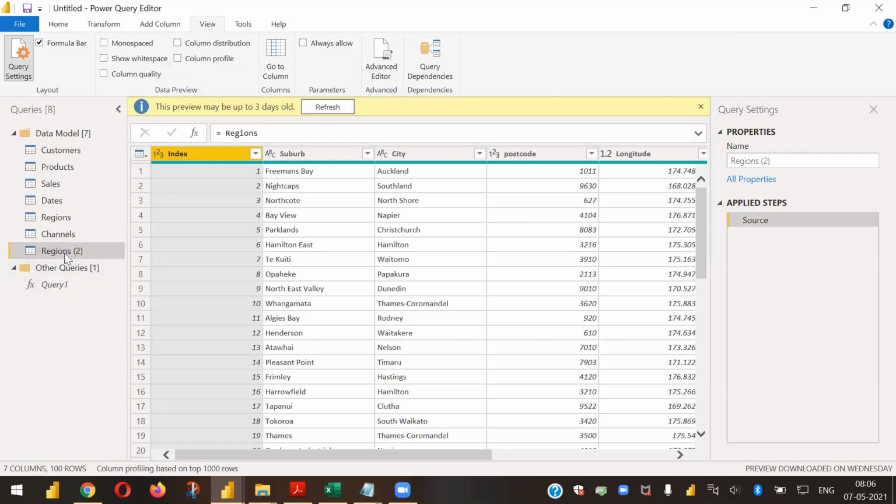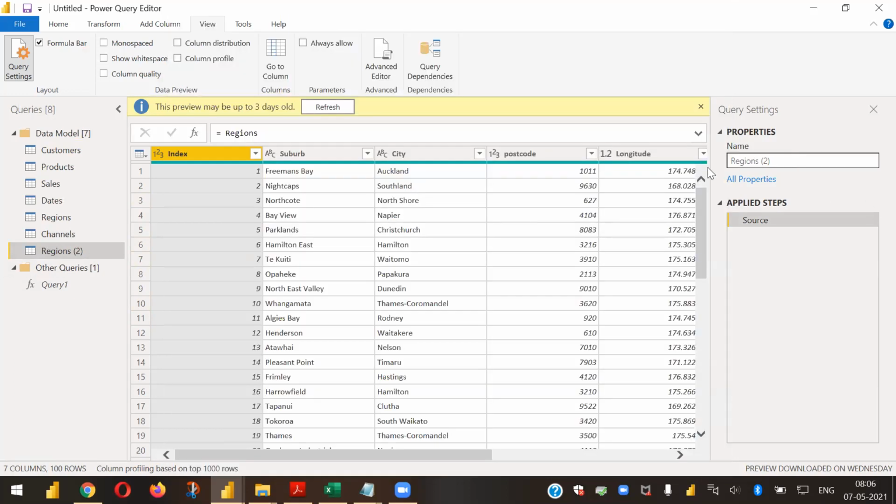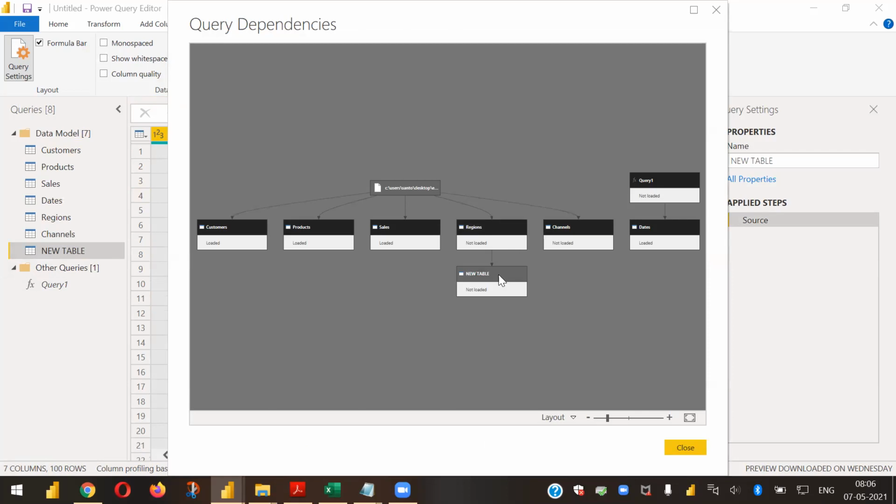Yeah. So with reference, I could have done this channels part on the reference, but my idea was to show you what is happening if you are referencing it. Maybe I'll rename it as new table. If you go and look in the query dependencies, the source for this new table is regions. So I referenced the regions table and I've created a new table, right? So this is what I meant.